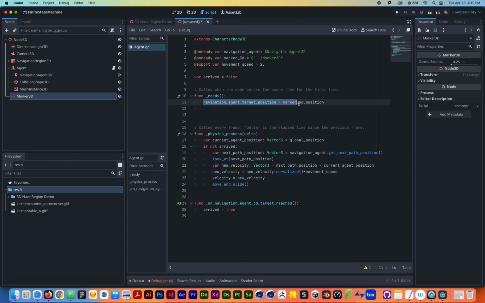So once you set the position, then you just need to figure out how to move towards the position. And what the navigation agent does is it has this method called get_next_path_position, which will give you the position that's next on the path that you want to use. And so you figure out the next position on the path, and then you assign a velocity to that position by saying next position minus your current position is your velocity. And then you can normalize it and multiply it by speed in order to slow it down or speed it up. Then you just set your velocity equal to that, and then you call the move_and_slide function. And when that works,